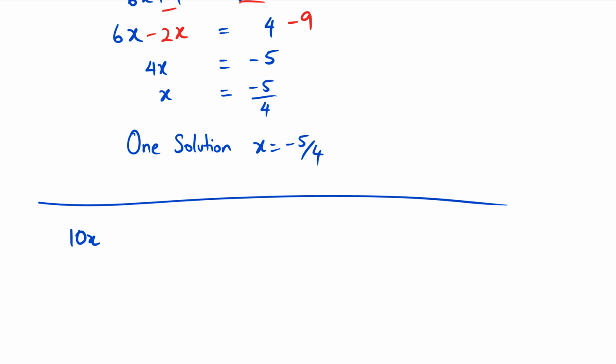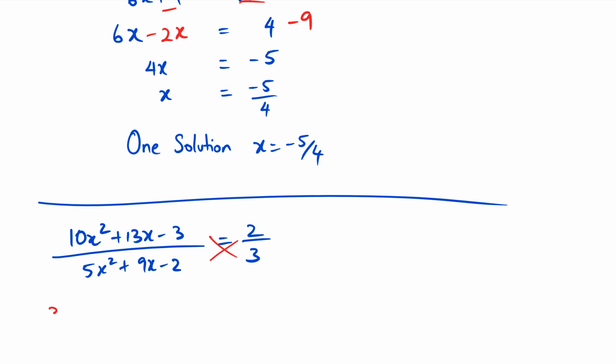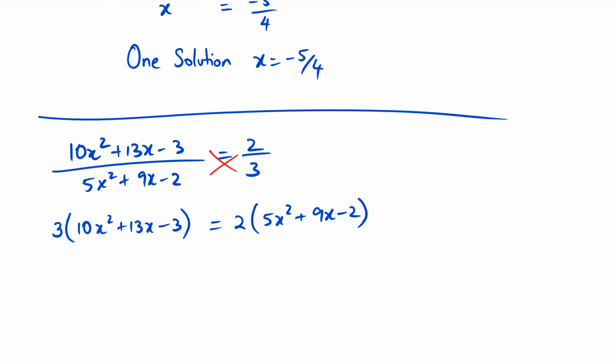So what we had was 10x squared plus 13x minus 3 over 5x squared plus 9x minus 2 equals 2 over 3. Because we have a fraction over fraction, we can cross multiply, and what we end up with is an ugly looking quadratic, because we're going to get 3 times 10x squared plus 13x minus 3 equals 2 times 5x squared plus 9x minus 2. So expand the brackets. We've got 30x squared plus 39x minus 9 equals 2 times 5x squared is 10x squared